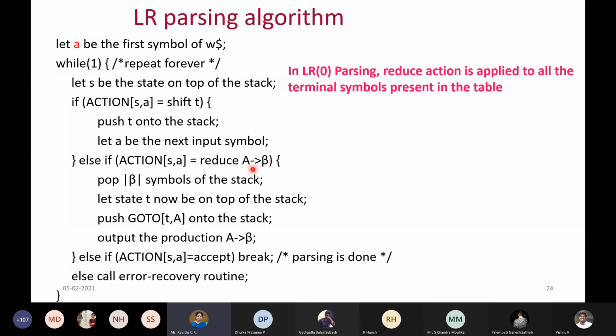So something was there before, let it be there, but I removed all my beta symbols, and after removing, immediately you're going to push A onto the stack. When you push A onto the stack, once again you have to find the next state. Why? Because I have to process in that path only, isn't it? Before this A, there will be some state definitely. So that state information you will take, and using that state information and this non-terminal, you will find the next state, either from the diagram or from the table. Then you will continue.